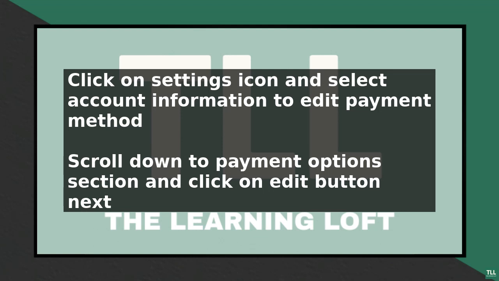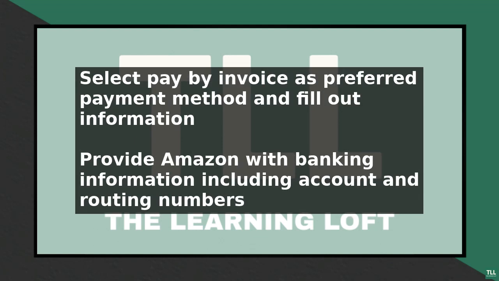After submitting your application, Amazon will review your information and may request additional documentation, such as a copy of your business license or tax returns. If your application is approved, you will receive an email from Amazon with instructions on how to set up your